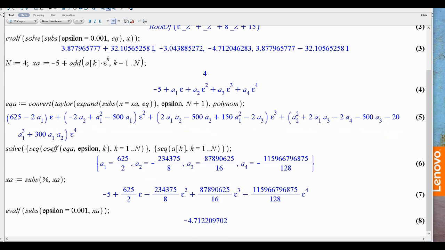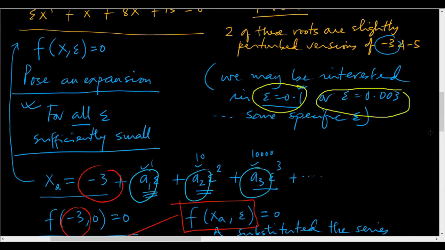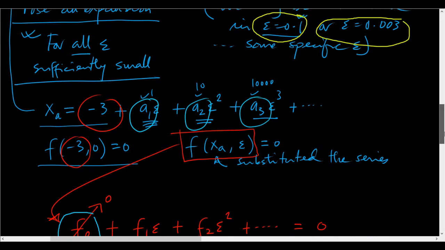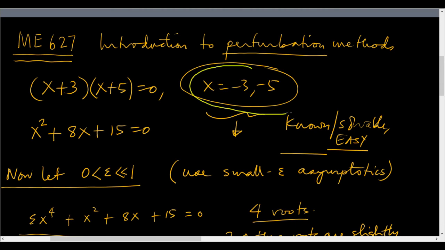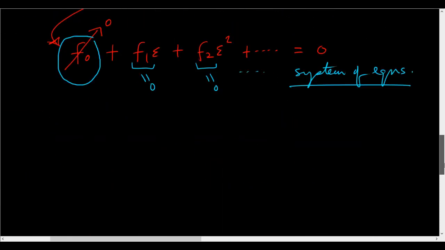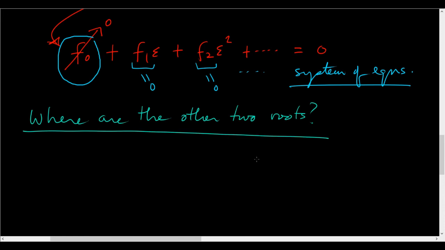We've got two roots which are close to the original roots. We've got two roots which are perturbations of these roots. Okay, so this part is done. What about the other two roots? Now if you think about it, you'll realize that epsilon x to the power 4 plus x square plus 8x plus 15 equals 0